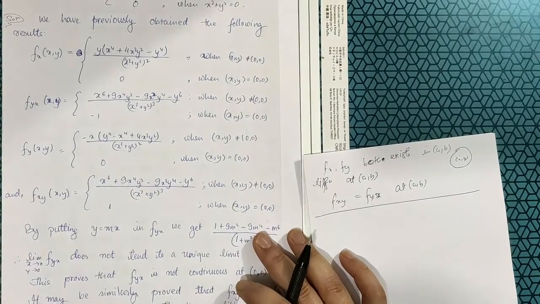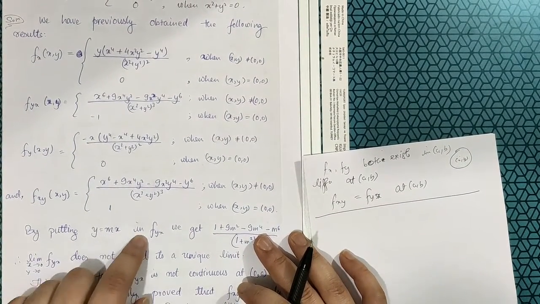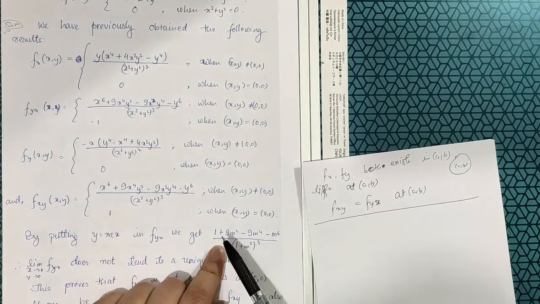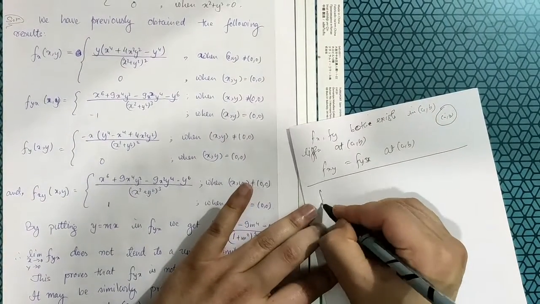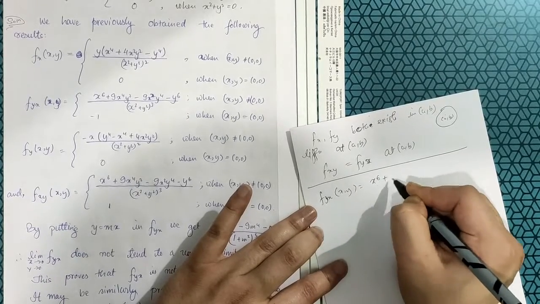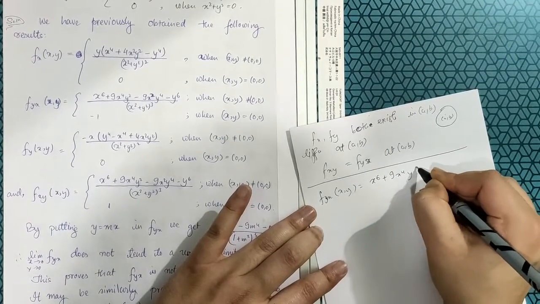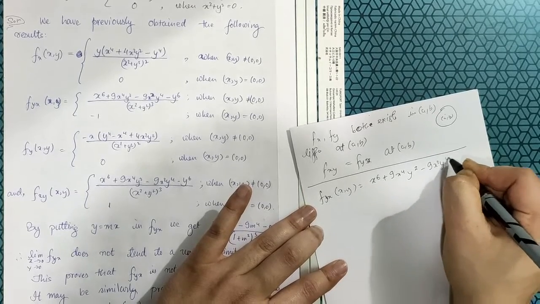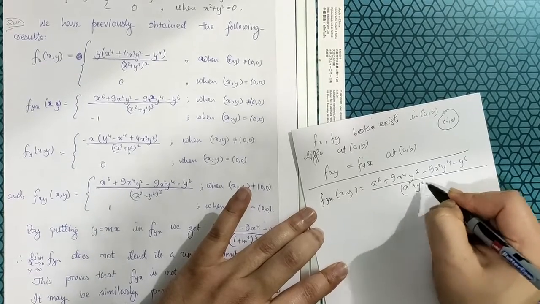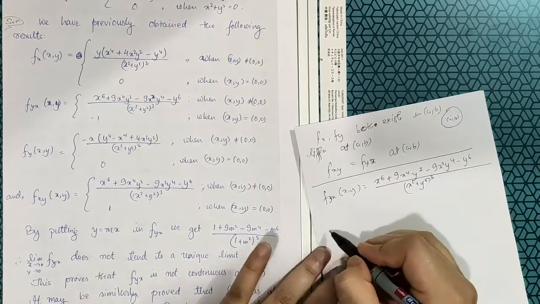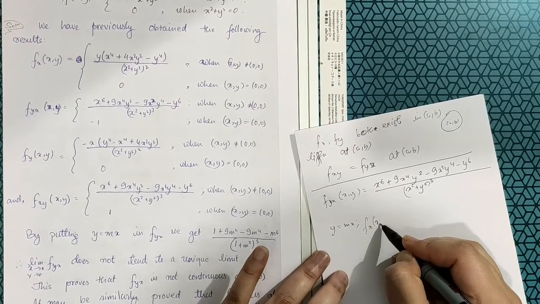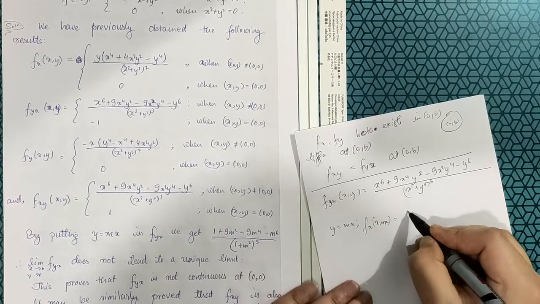So let us understand. By putting y = mx in f_yx, here if we put y = mx, then we get... So we had f_yx at any (x,y) as (x⁶ + 9x⁴y² − 9x²y⁴ − y⁶) divided by (x² + y²)³. So here we put y = mx and let us understand what happens. So f_yx at (x, mx) is equal to,